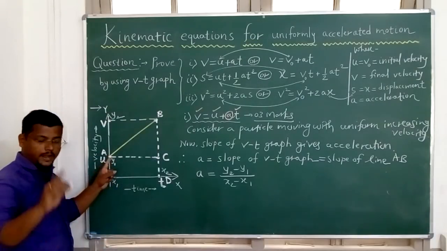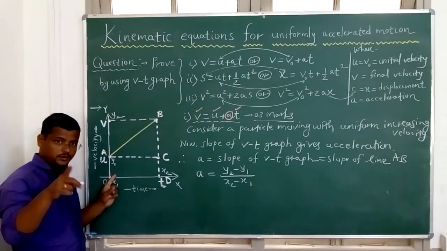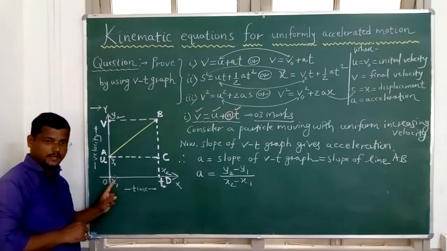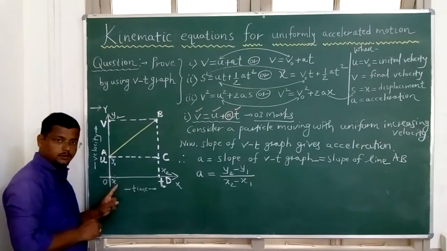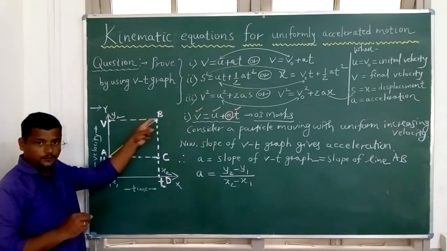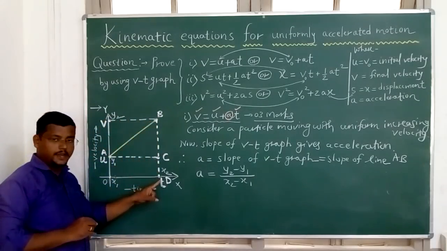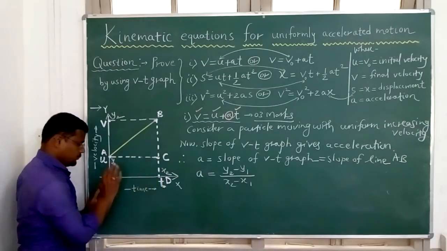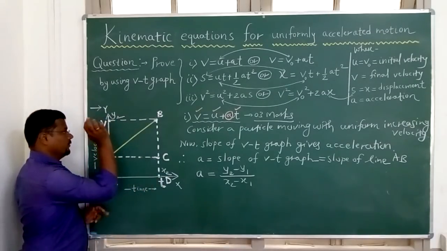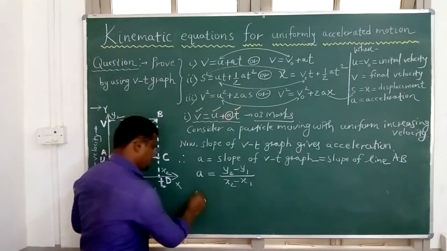I am talking about point A. A is the initial point. At the initial point, what is the initial velocity? u. What is time? 0. Is initial velocity along the y-axis? So I am taking it as y1. What is initial time? 0. I am taking it as x1. Now what is the final point? B. At point B, what is the final velocity? Is it v? Can I take it as y2 now? And this quantity at what time? t. I can mark it as x2. It's a very simple point. x1, x2, y1, y2: y1 for initial velocity, y2 for final velocity, x1 for initial time, and x2 for final time. Okay, so therefore I can mark like this here.